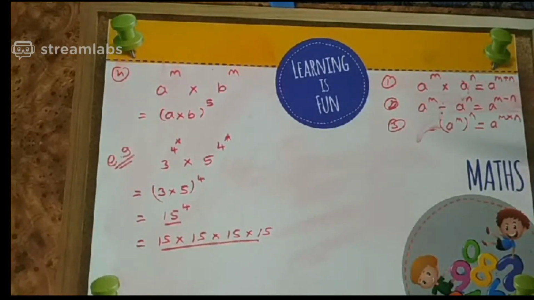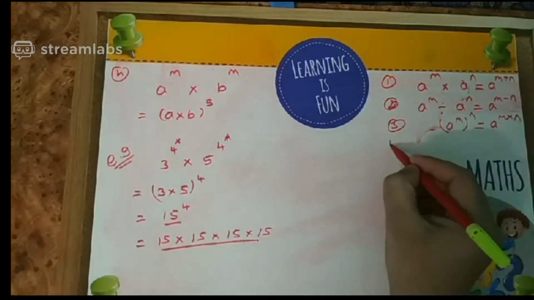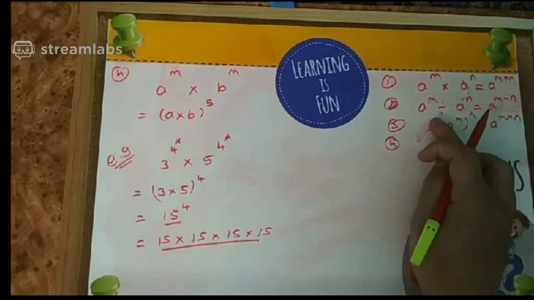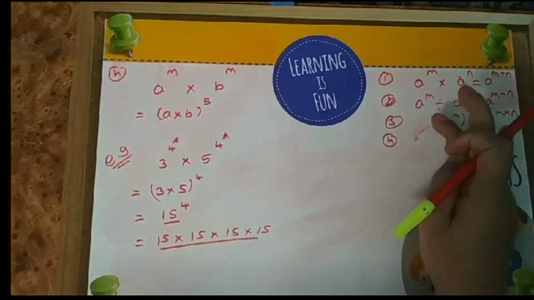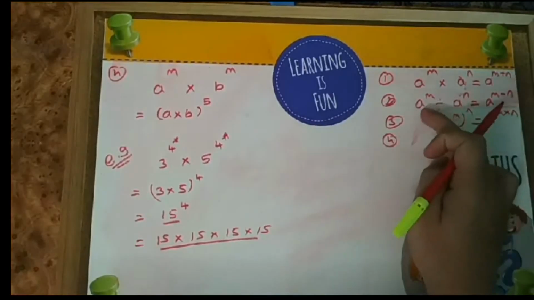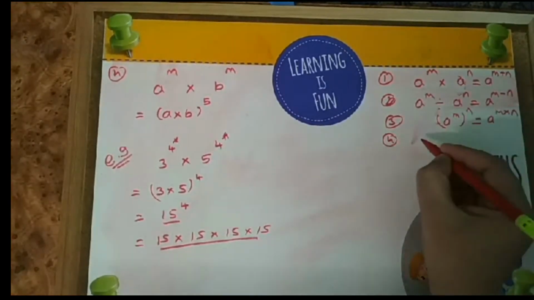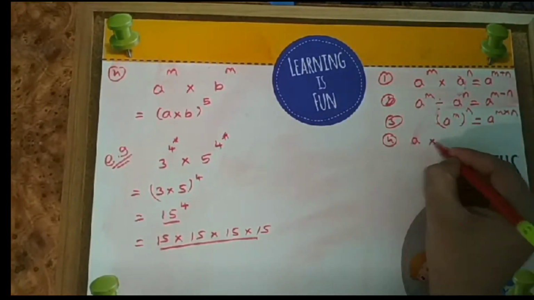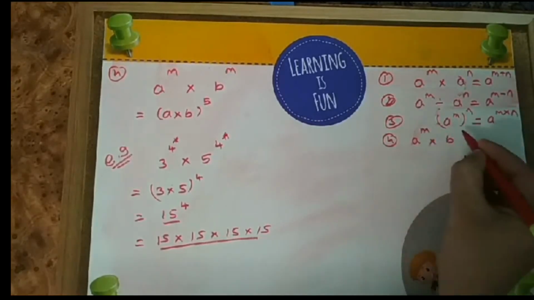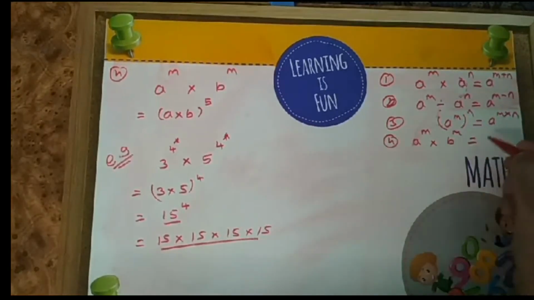So by this you can solve such questions where the base is different and the power is the same. This is the fourth law. So I am writing it here, note it down. Please note it down. Once you note it, you will understand the concept for a longer period. Where the base is different and the power is the same, your bases get multiplied.